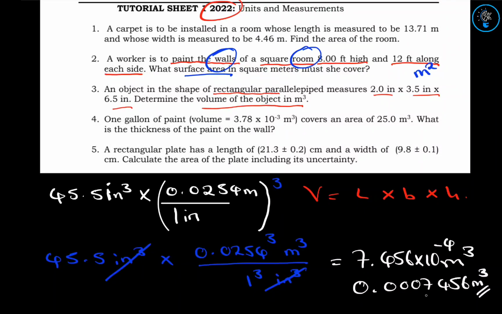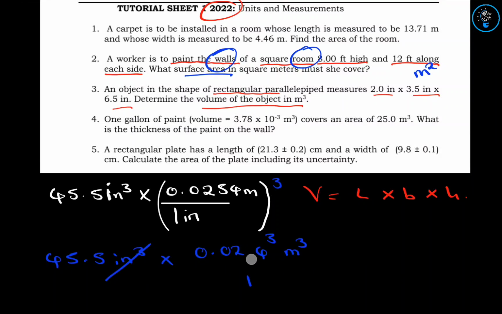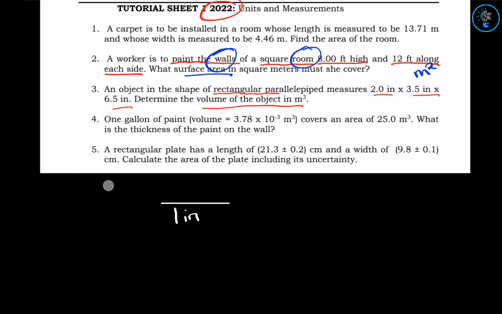So yeah, you can write it either in this way or in that way. So that's how you solve question 2. Okay, let's dive into question 4. So question 4 says a gallon of paint, we have been given this particular volume,